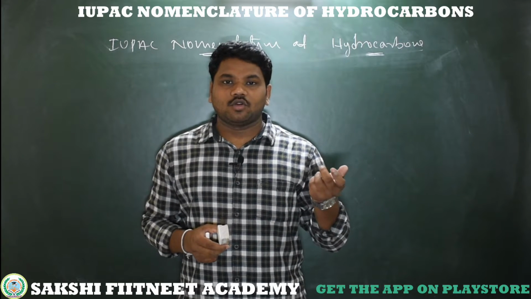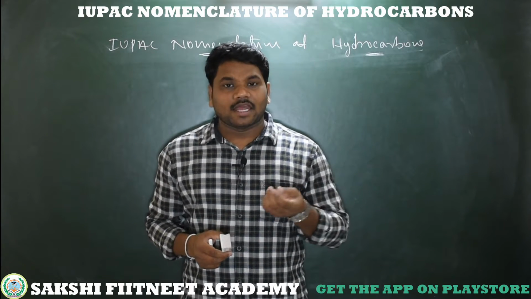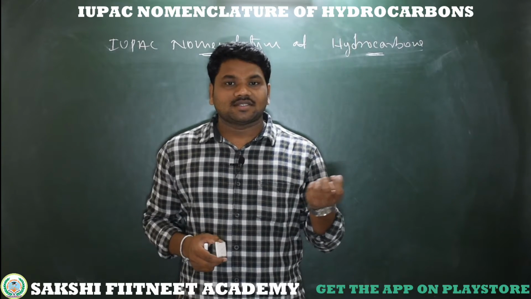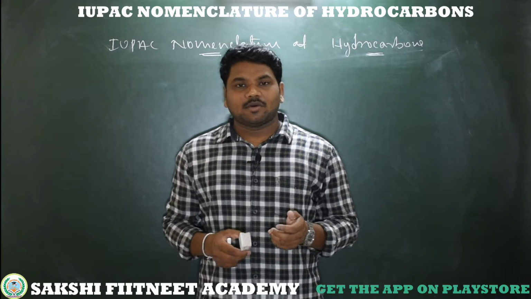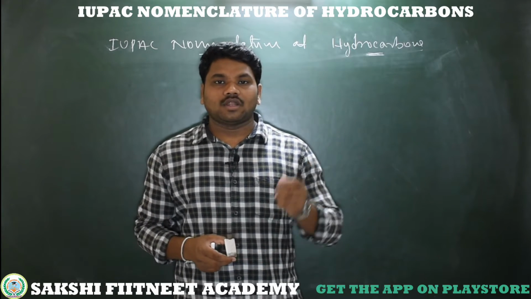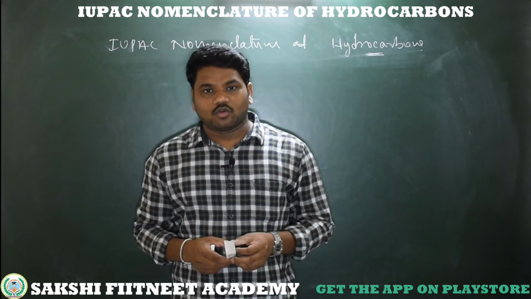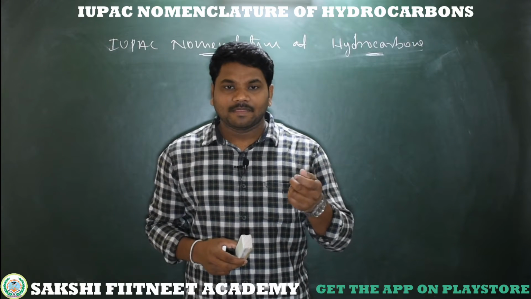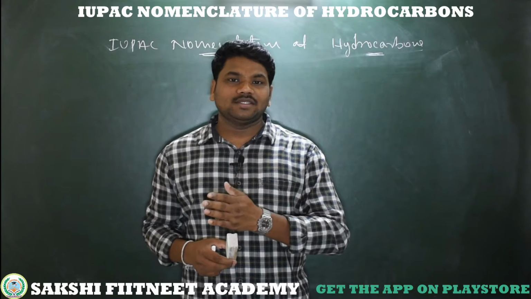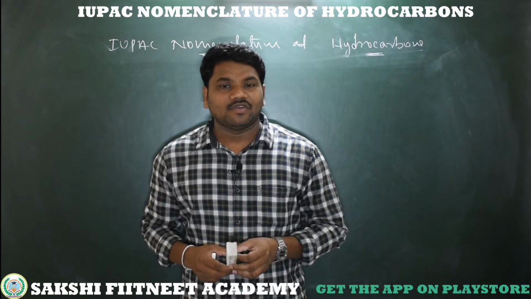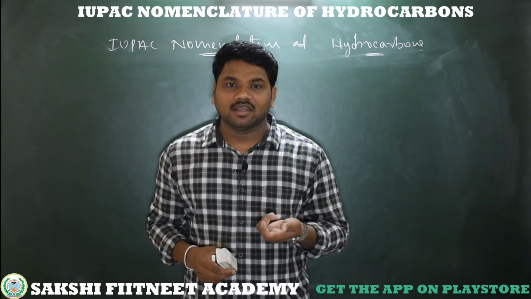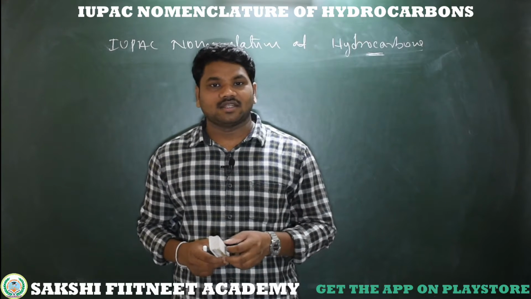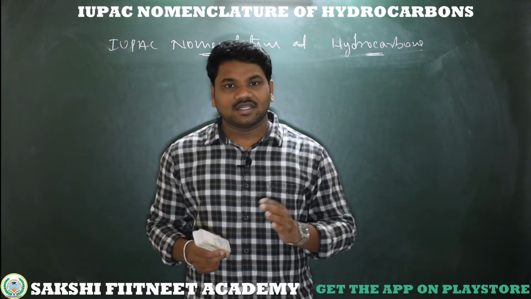That is what is word root and what are prefixes. In IUPAC system of nomenclature part 2, we learned about what are suffixes. In part 3, we learned about the priority order of functional groups, and their prefix name as well as suffix name. Coming to part 4, we learned about how to select the parent chain as well as numbering of the parent chain, how to number the parent chain. These all we already discussed in our recent videos.